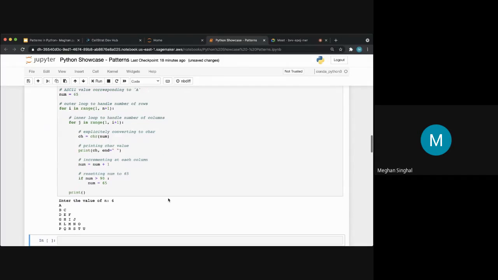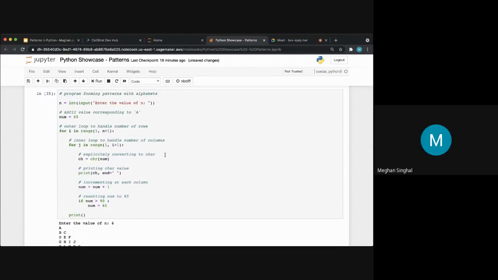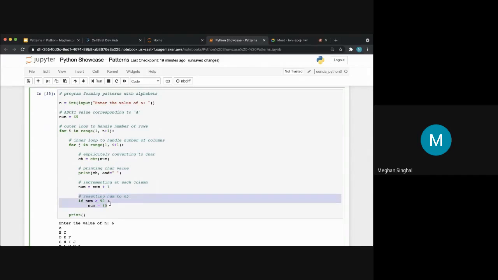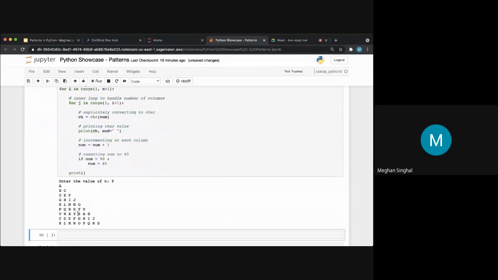As we can see, it's printing the alphabets. Now, as I mentioned before, ASCII values of capital A to capital Z is 65 to 90. So in the loop, we saw that num keeps getting incremented by 1. But what happens if num crosses 90? It would start printing other characters which are not letters, and we don't want that. So here, what I have done is, if num crosses 90, we will reset it back to 65 so that it starts all over back from A. Let's try that again. Now, as we can see here, after Z, it starts from A, and that's what happens.